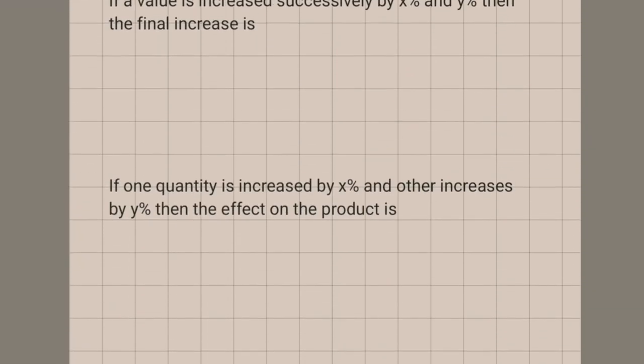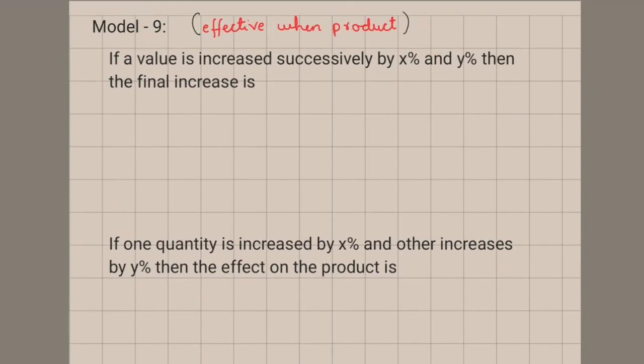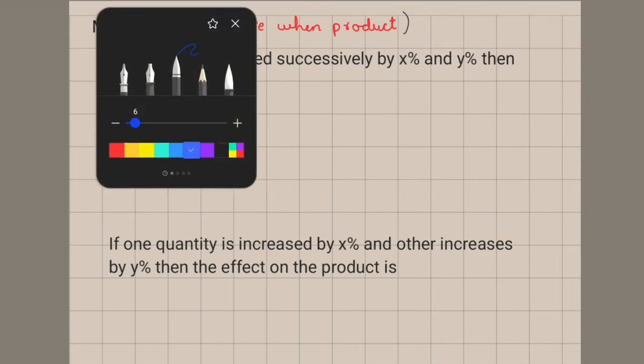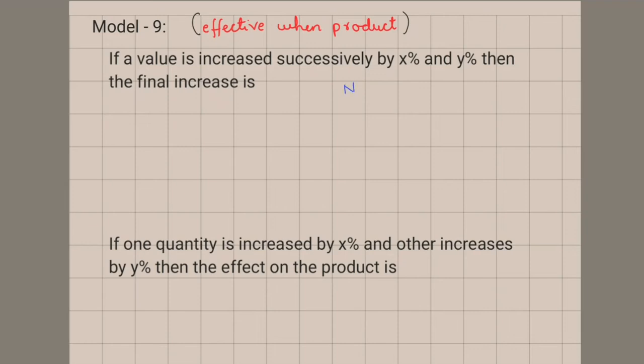So today we will see the effective increase when two quantities are multiplied or the product is taken. Let's see. If a value is increased successively by X percentage and Y percentage, then the final increase is. So a value is increased successively, first by X percentage and then by Y percentage, and then he asked how much percentage increase there is from the initial value to the final value. So what it means is, let's say n is the initial number, it is increased by X percentage, you get